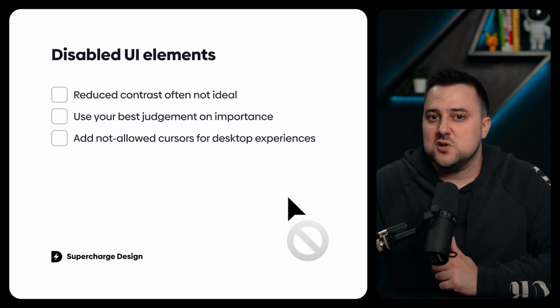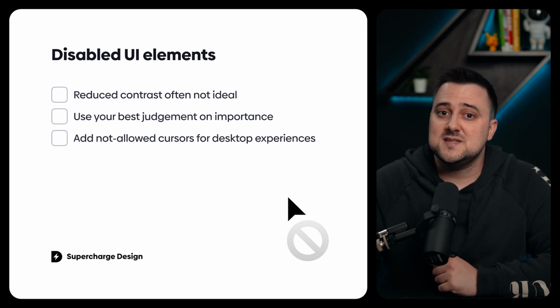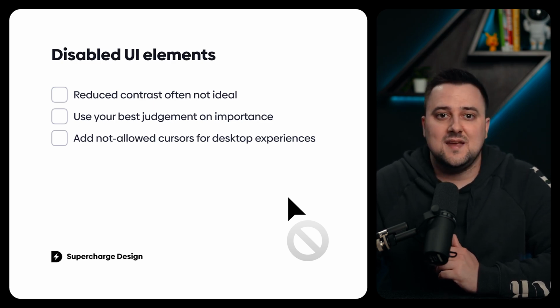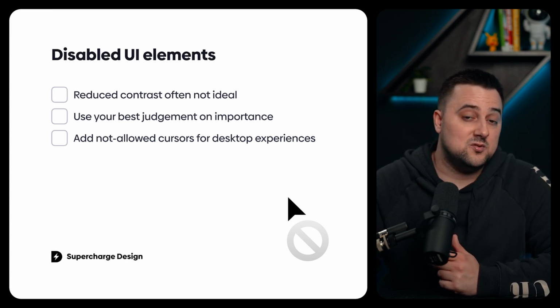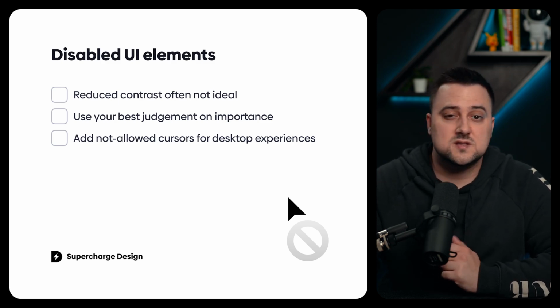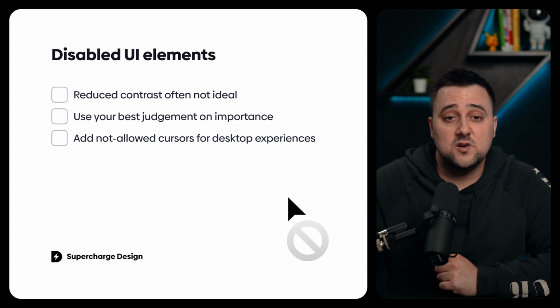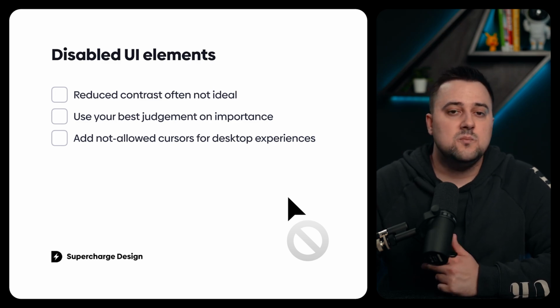There are definitely projects where I've reached only a AA score for disabled elements, as they didn't negatively impact anyone's experience, and it was clear how and when those actions would be enabled for the user. If you have to use disabled UI elements, you can add a not allowed cursor or use a strike-through style for the text to further extend that message. Some elements that might not need to achieve the contrast thresholds are images or inactive UI components or purely decorative